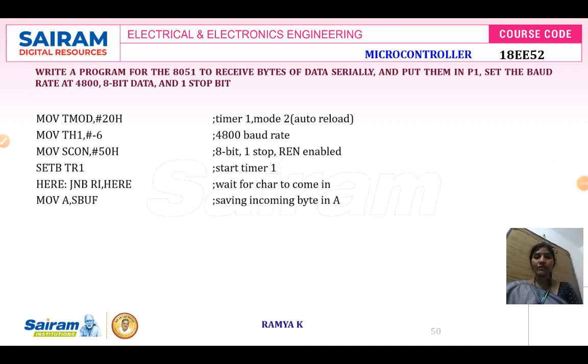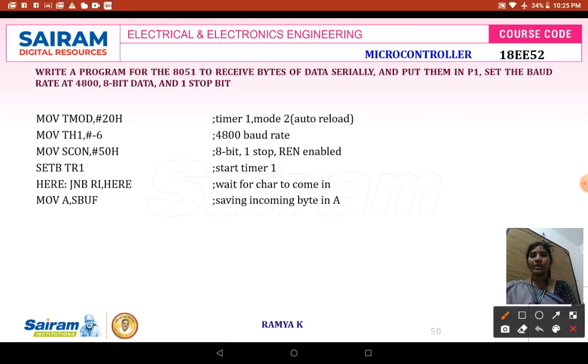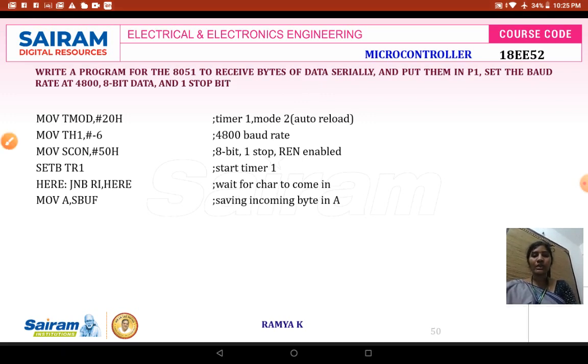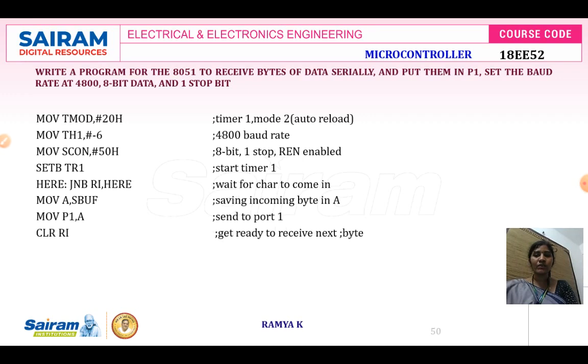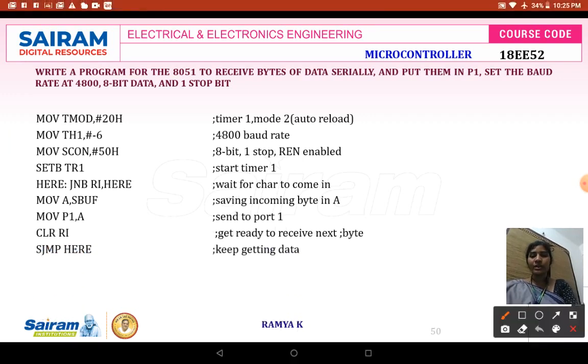This program is for receiving your data. The program we saw before was just transmitting your data. This one is for receiving. For receiving, we need to check your receive interrupt flag. Instead of checking your transmit flag, here we have to check your receive interrupt flag. That is the major difference.